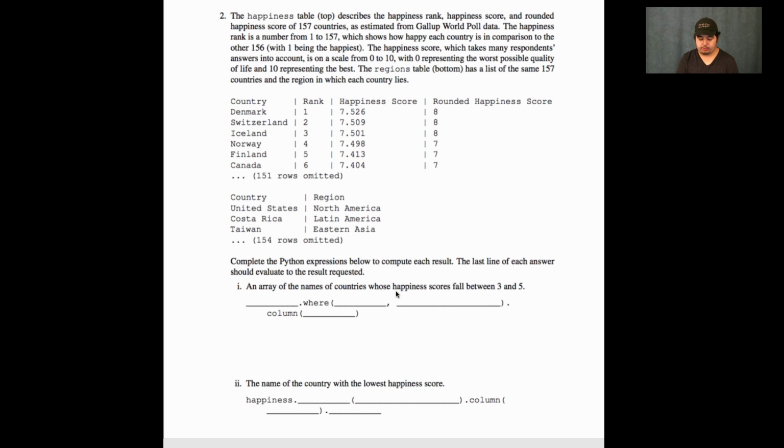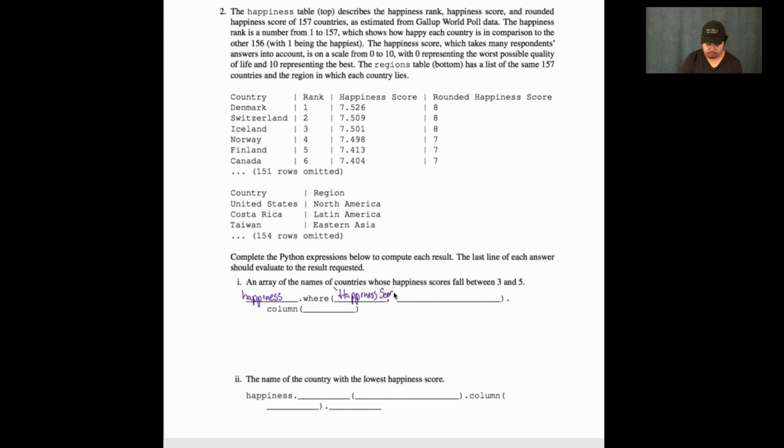Since we know that we're working with happiness scores, and that's only the happiness table, we would do happiness dot where, and since we're working with happiness score between 3 and 5, we would do happiness score, comma, and then r dot between